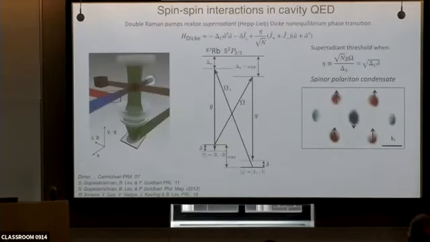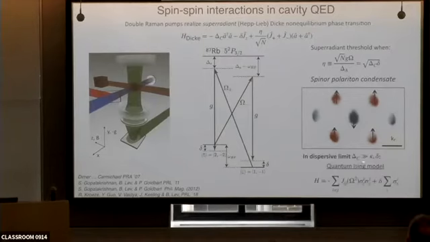If you let the gas fall, but then image the gas in a spin-dependent fashion, which we know how to do, you can see that the Bragg peaks are colored now. And if you ask what is the Fourier transform of this, it's exactly the picture I just showed you of this spin-decorated checkerboard pattern. So this shows that we can actually access spin degrees of freedom in this self-organized state. In the dispersive limit, when delta C is much greater than kappa and any other detunings, this Hamiltonian can be rewritten as a quantum Ising model.